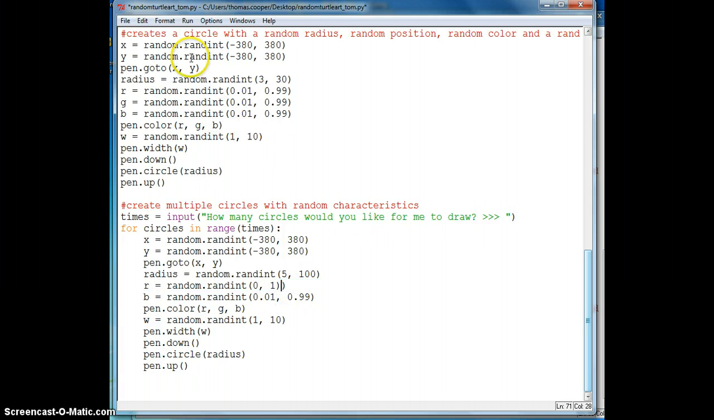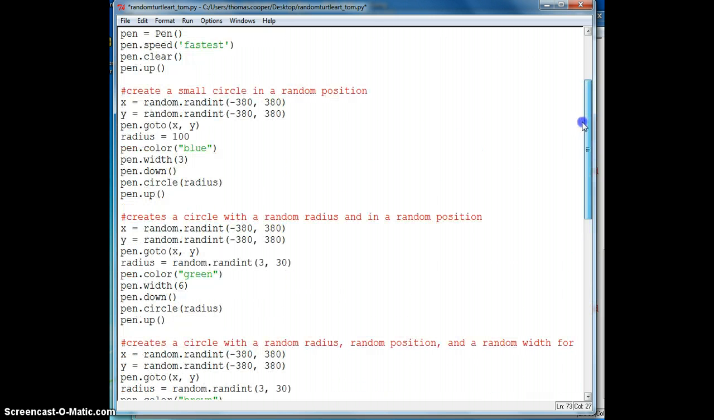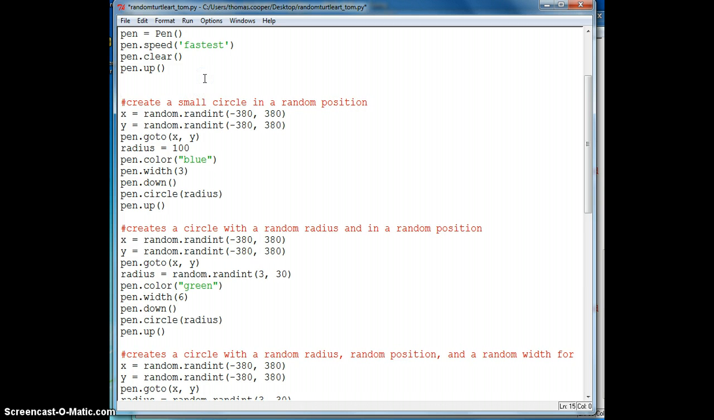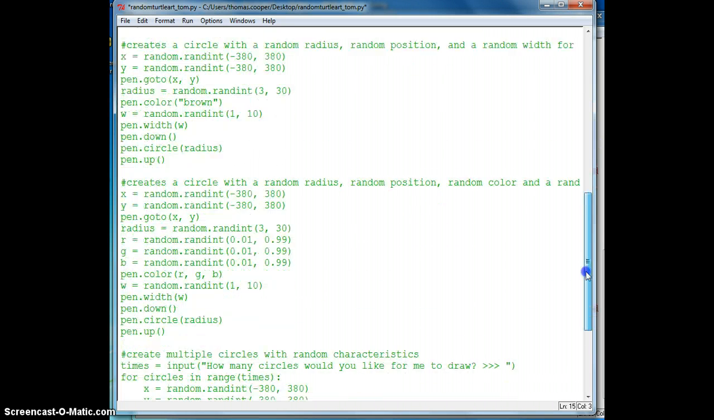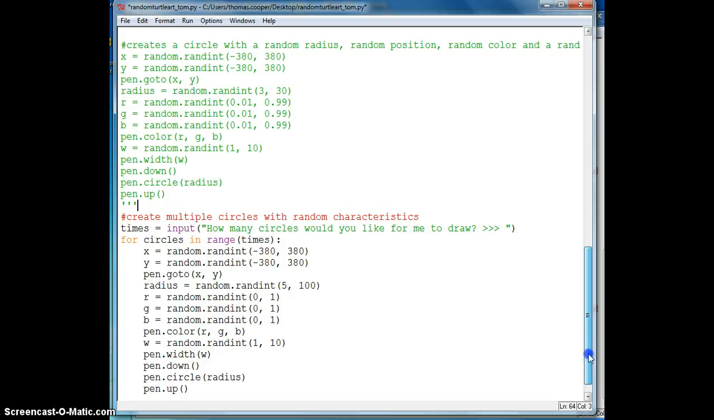Because those are integers. Oops, if you make a mistake like that, you can undo. And I'm going to go ahead and comment out these 3 circles that we did up here for practice. So to do that, all we have to do is go to the top before our first circle and do triple single quotes, and then it turns green, and then right before our loop we'll also do triple single quotes,